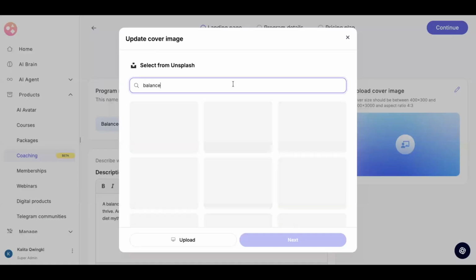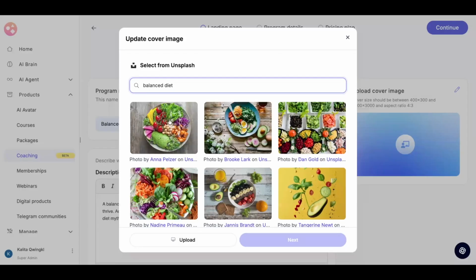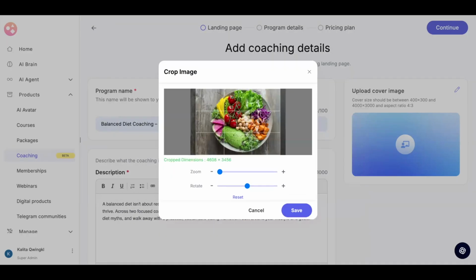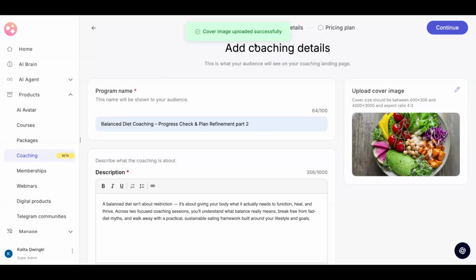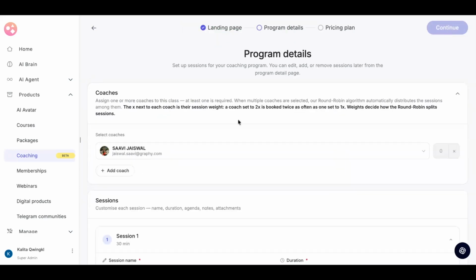In this case, I'm going to go ahead and find a suitable image from the Unsplash library, which we have. I found the right image, and then we can do some resizing here, like you can see, and save this. Automatically, you will see that a cover image is successfully saved and added, like you can see here. Once this step is done, you can continue and